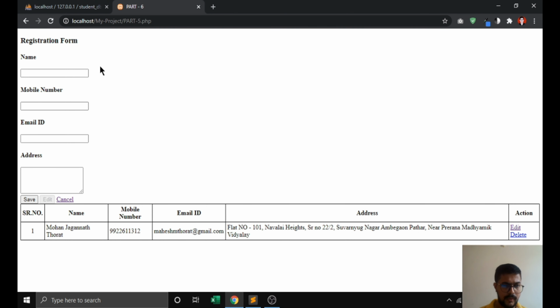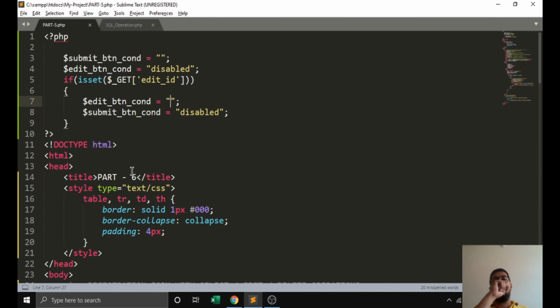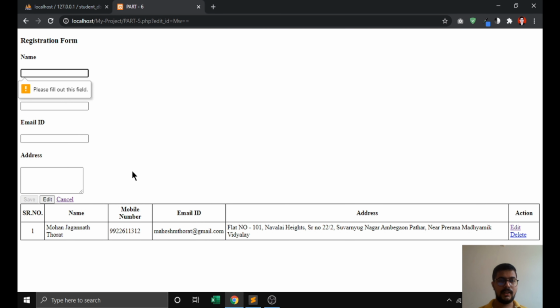So my form looks like this. When my plain form occurs, then the edit button will be disabled, and at the edit the save button will be disabled. Like this it will occur.